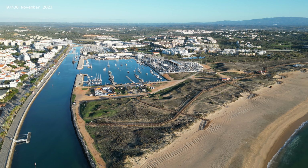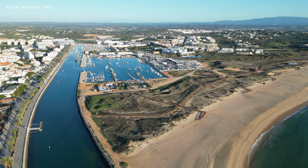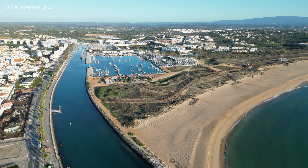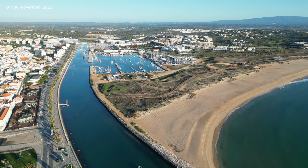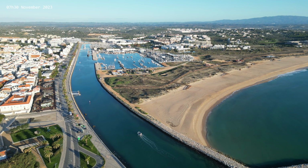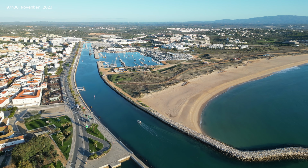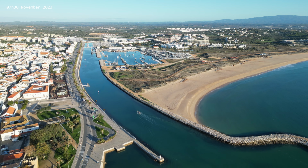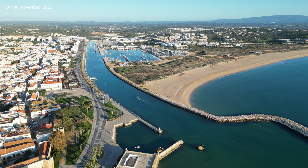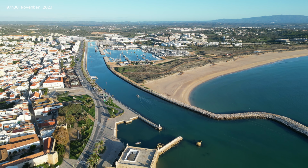You can see the Ribeira de Bensafring down here, which has been, obviously the channel's been cut, but that actually is a river that goes up into the interior. It's a very small river. As we come out, you'll see there's a fort on the left-hand side which protects the entrance to Lagos, and obviously there's groin on the left-hand side which also protects from the waves and the ocean. And Lagos is a natural harbour, that's why it exists,